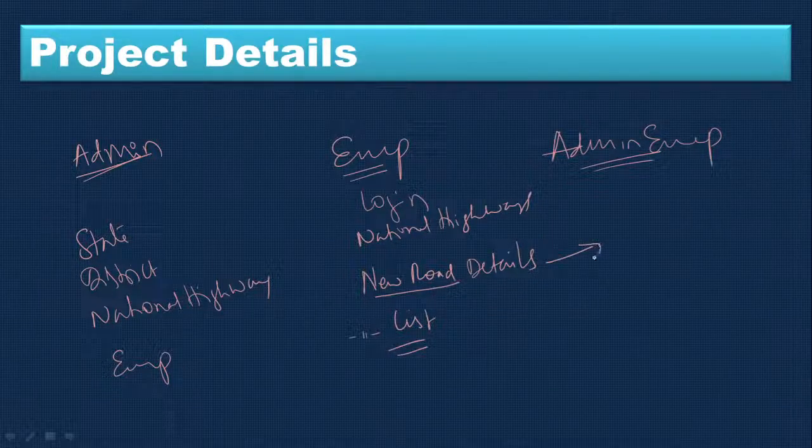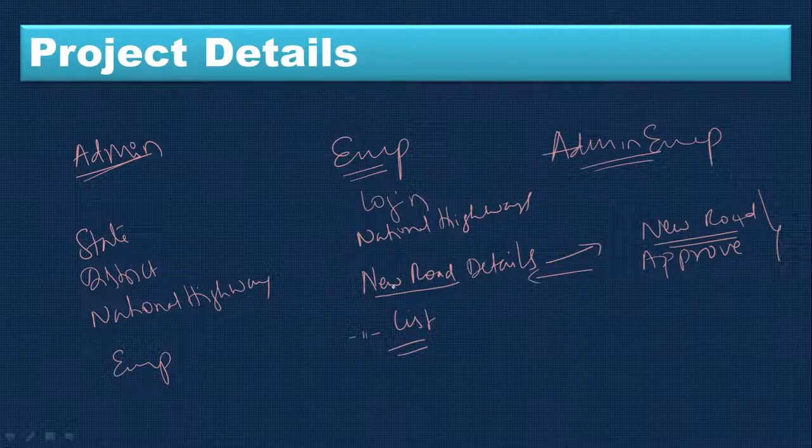Now whatever entries are done here, the new road details, will go to admin approval. So this is a new road list. Here they need to approve this. When they approve, this project can go up, and then someone has to do this particular project. If it's not approved here, it will still be pending, and then it will be sent back to you, and you need to modify this, and then again they enter the new data, and then you have to send it to the admin employee. So this is a totally different project than the regular one.